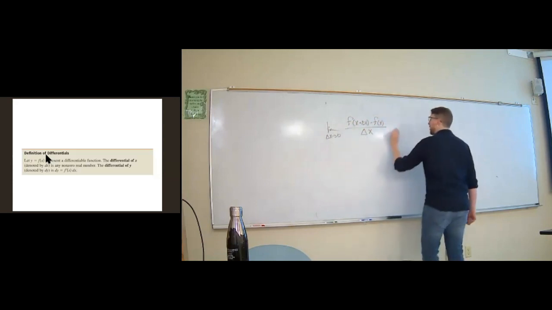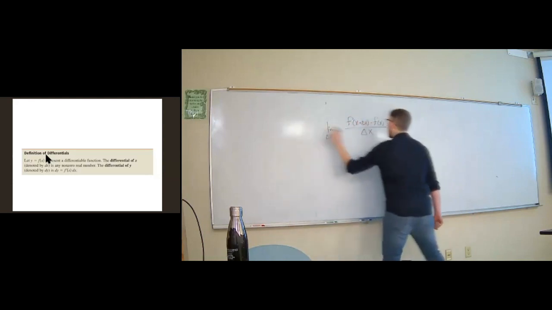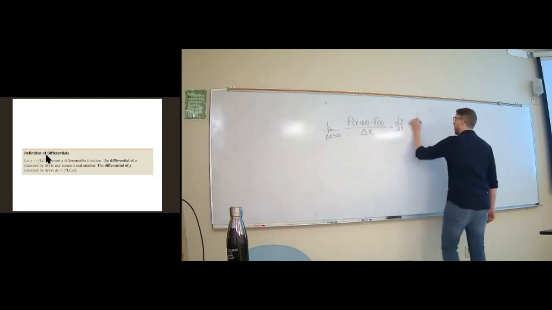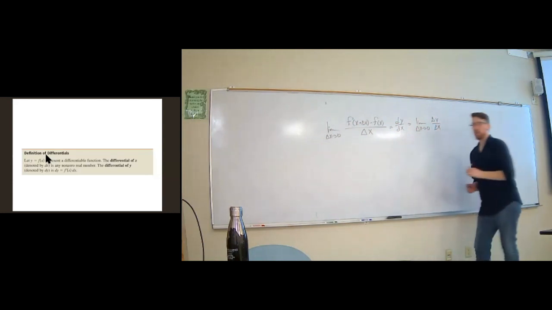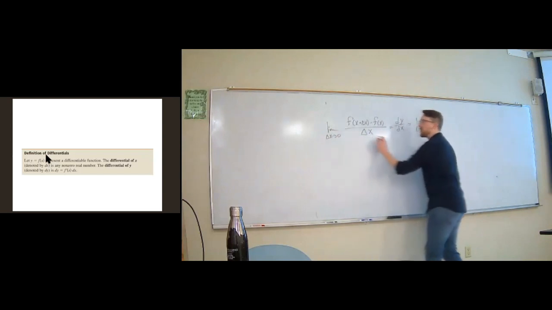Well, if we think about this thing, dy dx, could also be rewritten as the limit as delta x goes to 0 of delta y over delta x. So we're really saying when this change in x gets really small,